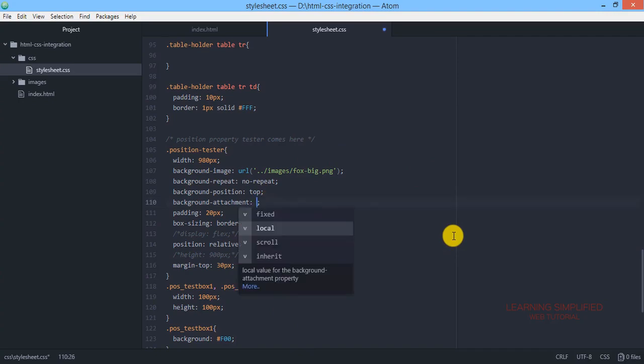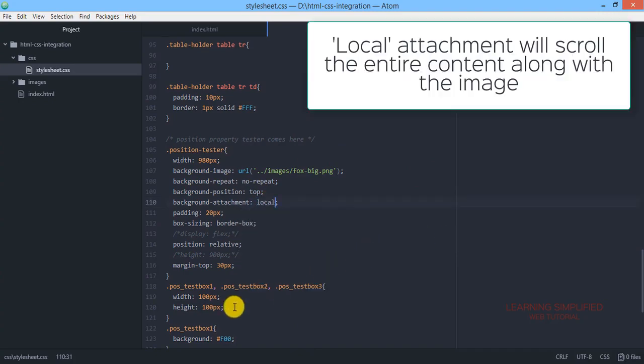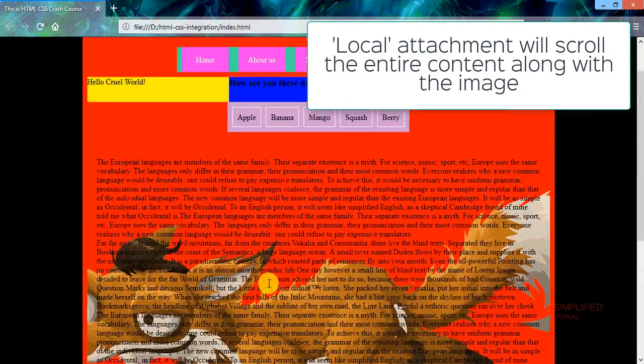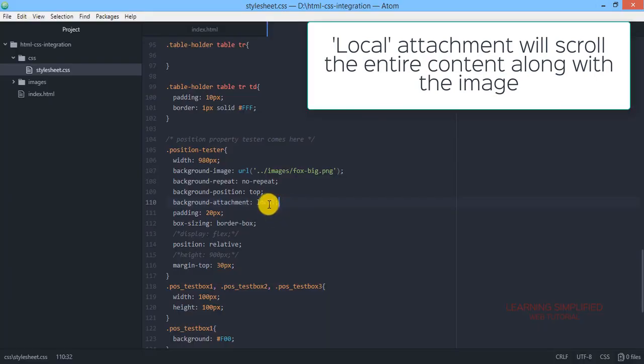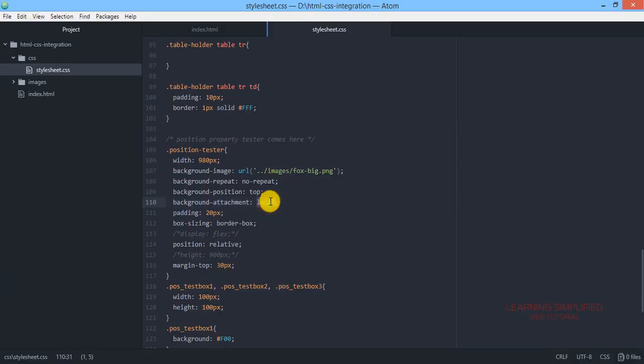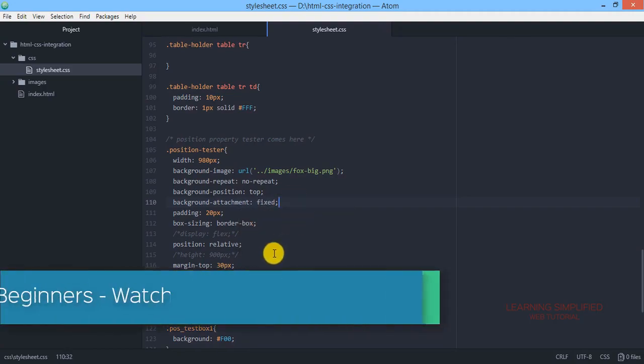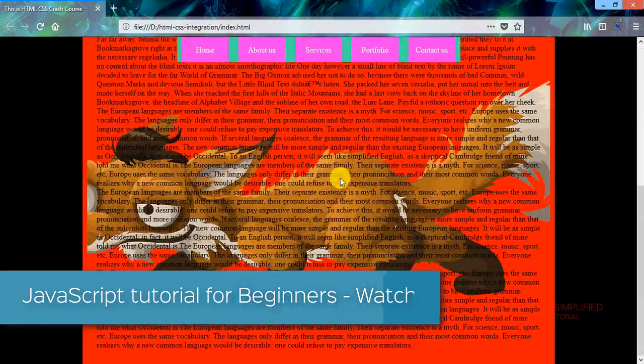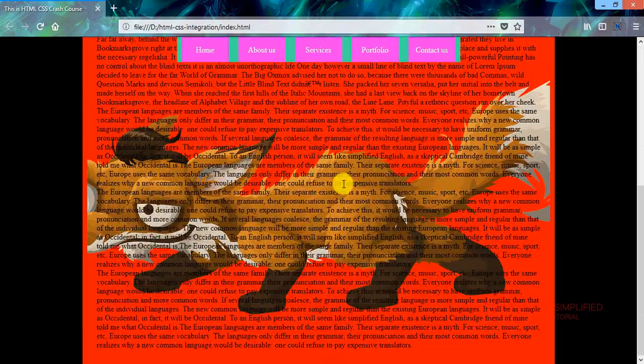In another instance, now let's use this local condition here. Get back to your project and reload, and we can see that this is practically the same thing that we have observed in case of scroll. Now if we just get back to our project and ask it to be fixed into a particular position, there it goes. It is not scrolling the background image, it has been fixed into a particular position.